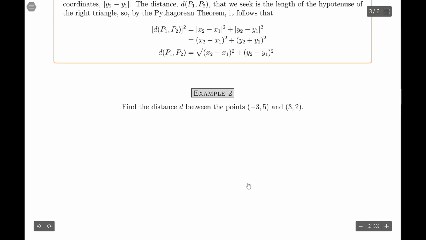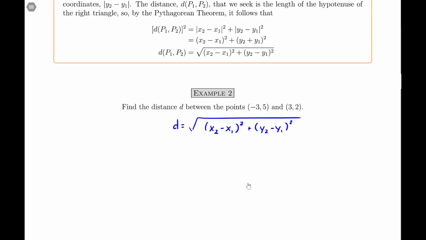So here in example 2, we are actually going to apply the distance formula, and I'm just going to first write out what the distance formula is one more time. And so there's our distance formula. And a lot of times it may be helpful, just as you build up practice with this, to label your points. So the first ordered pair, I always label x sub 1, y sub 1. The second ordered pair is x sub 2 and y sub 2. So now it's just a matter of substitution. So when we go in and make our substitutions,